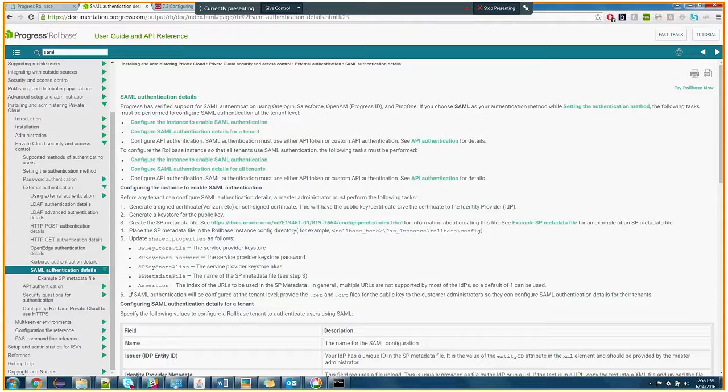the sixth point. If SAML authentication will be configured at the tenant level, provide the .cer and .crt files for the public key to the customer so they can configure SAML authentication details for their tenants. So you have the key store with you. Key store is nothing but a combination of private and public key. So you need to make sure to get a public key from the key store in order to give your customers